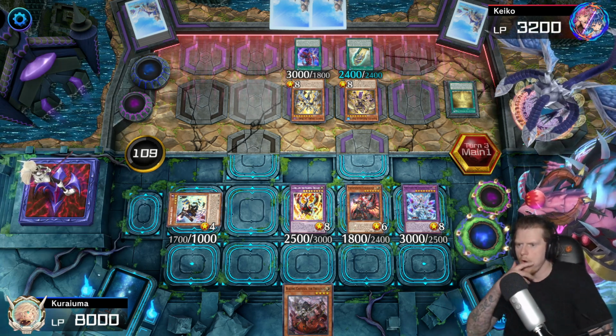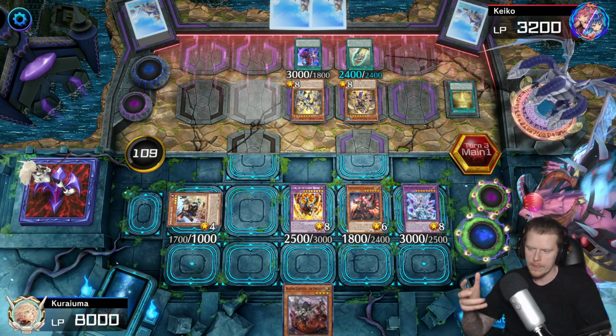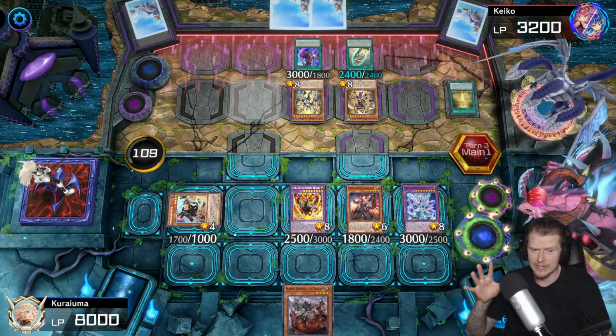Amateur hour. But yeah, like I was going to say before, when I ran Fiendish with Yubel, it was a lot more effective. But obviously playing Fiendish with Branded, on the other hand, is a little bit like...